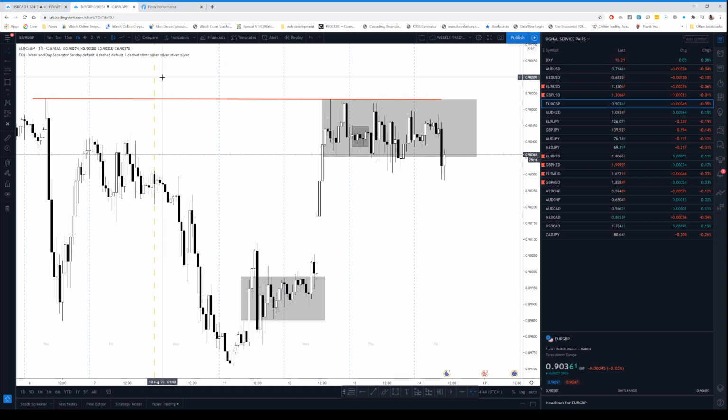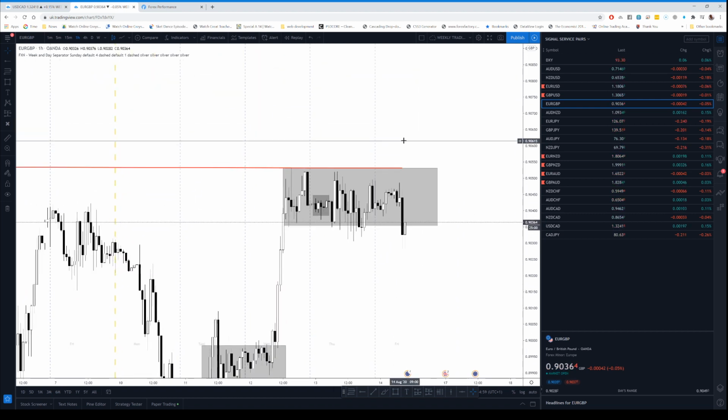So you buy with the expectation that we'll be going higher. If you get a fake out to the downside, you're looking for a rejection below the consolidation, and then you'll be looking for upside